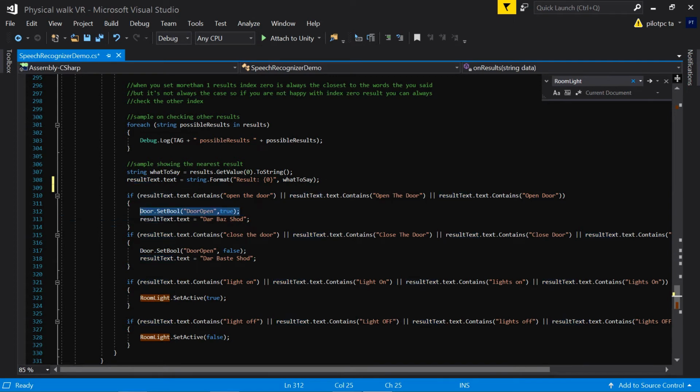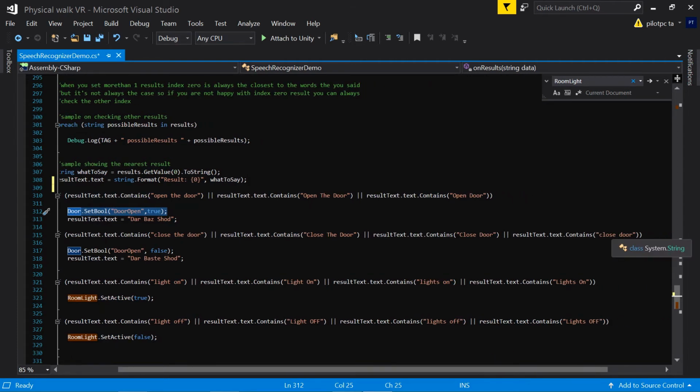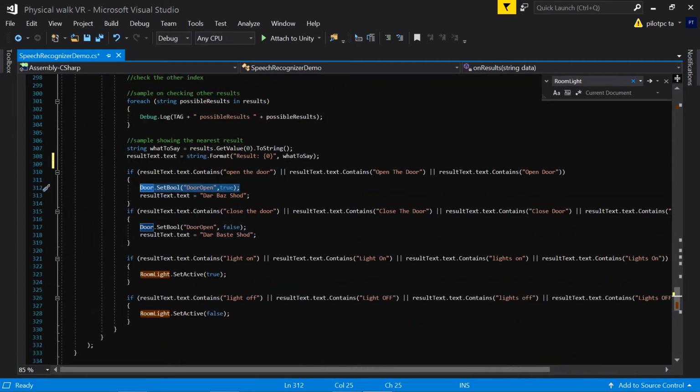For example, open the door, and for the animation, set bool animation. And in here, close the door, and "close the door", "close door", and "Close door" with small letters and capital letters. And in here I set "light on" with capital letters, "lights on", and "light off", "lights off" with capital letters and small letters. I said room light SetActive true or room light SetActive false. Okay,